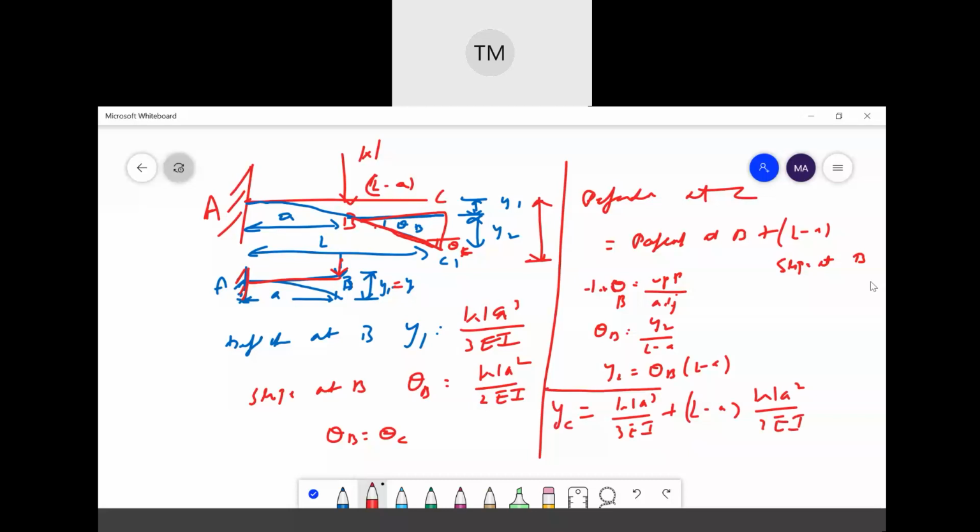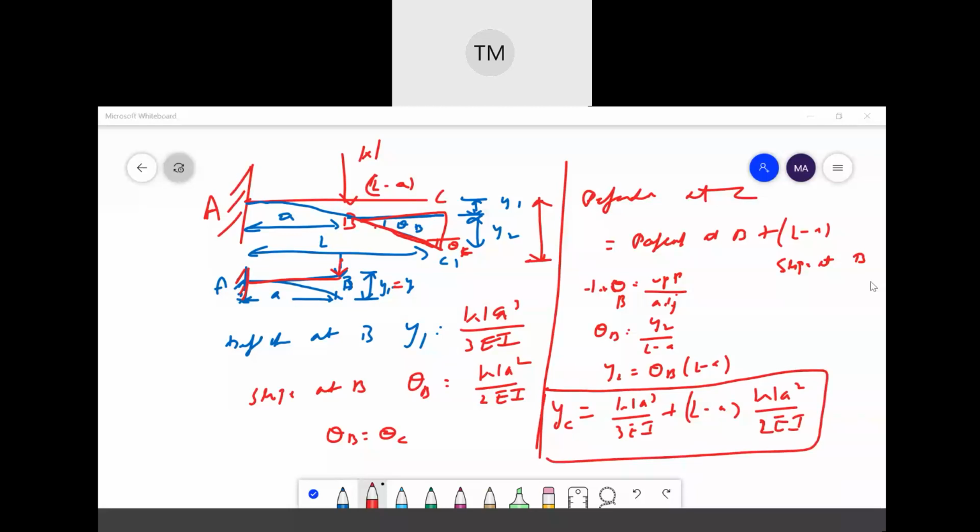This is the formula I will use, as the condition is given like this. WA cube by 3EI plus L minus A into WA square by 2EI is the total formula for deflection at C, and the slope at C is,